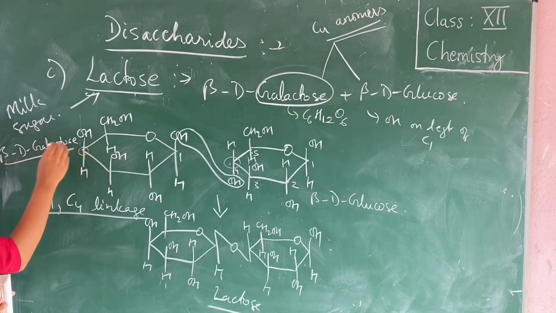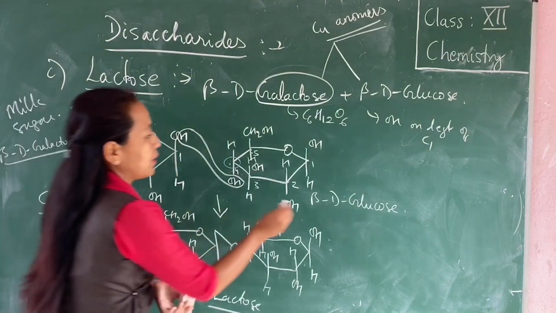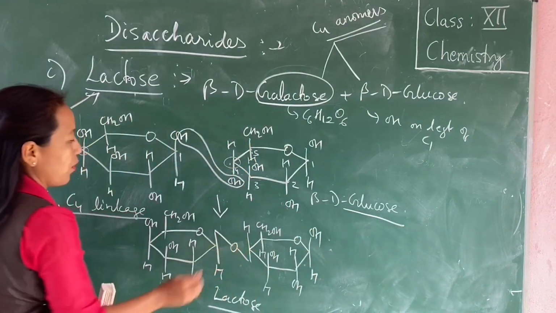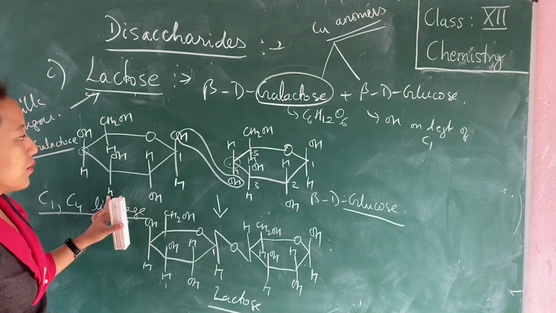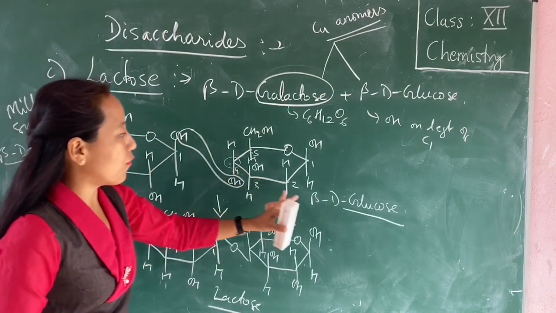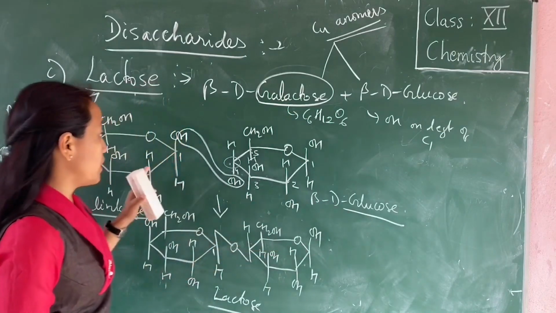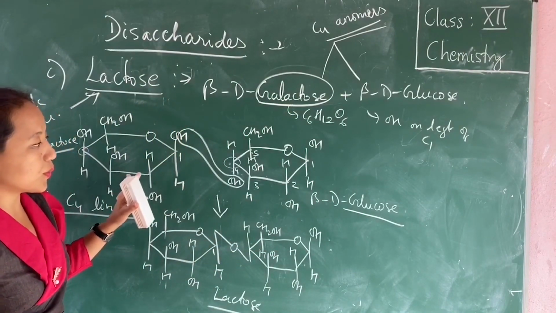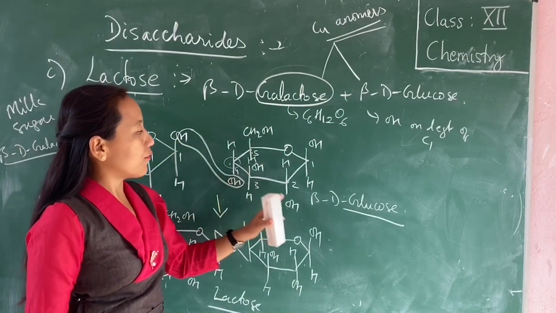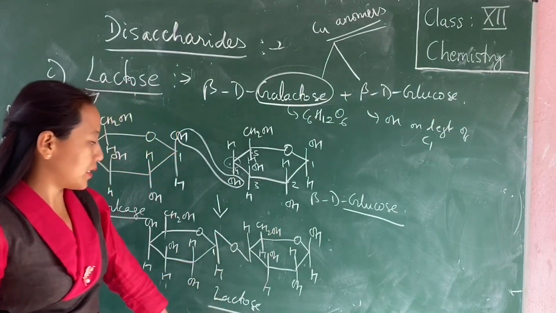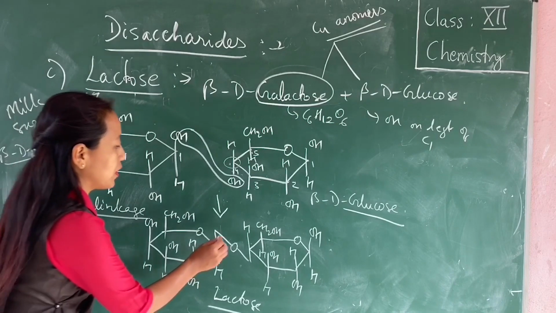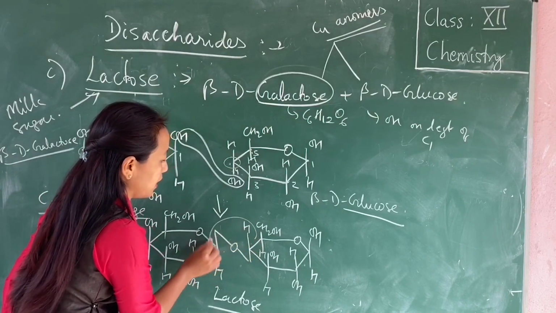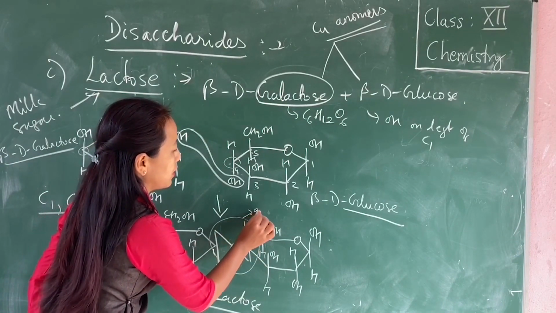So you can see that when a glycosidic linkage is formed between C1 of beta D-galactose with C4 of beta D-glucose, you get lactose. So this is about the formation of glycosidic linkage. This is the glycosidic linkage